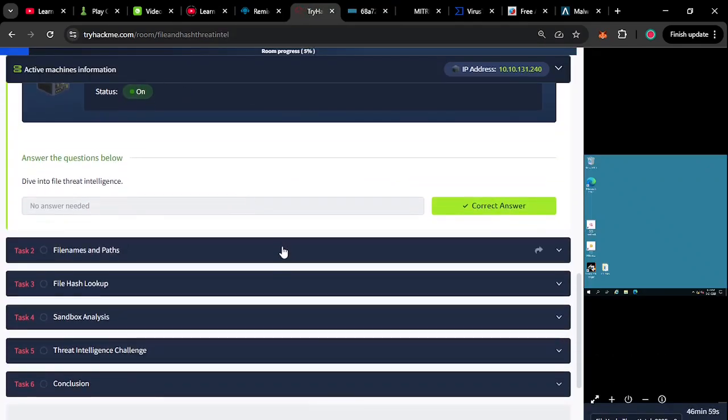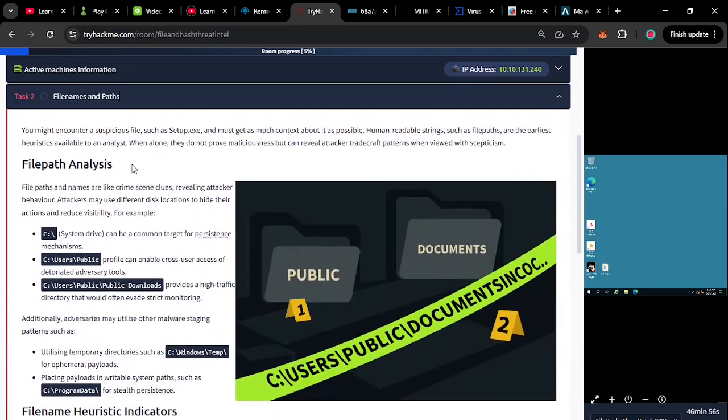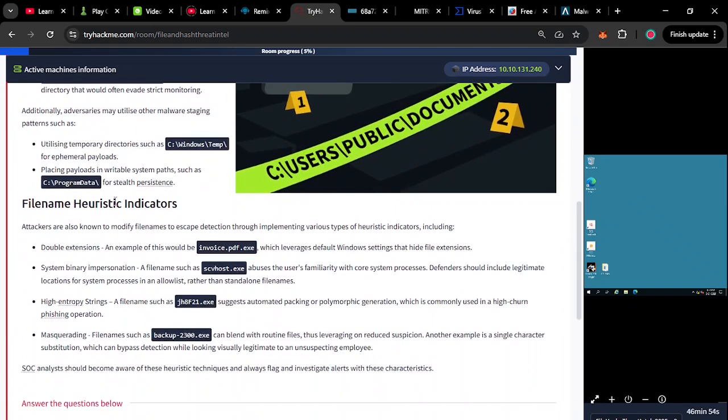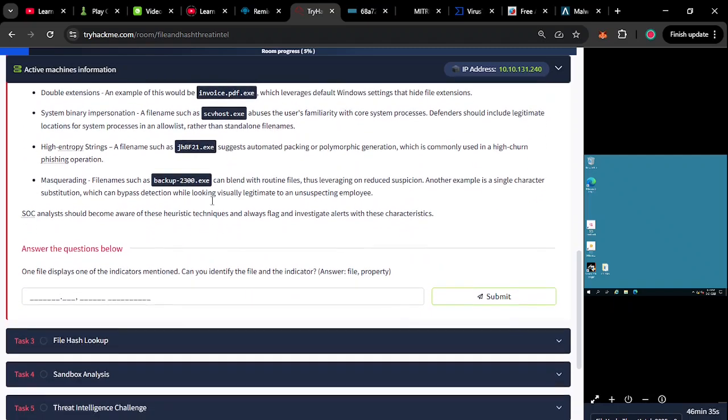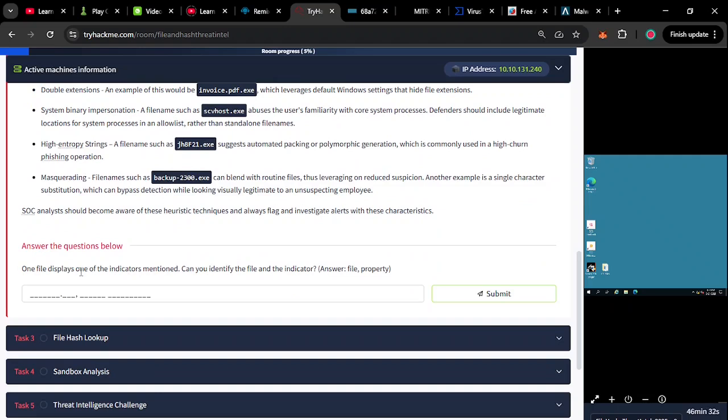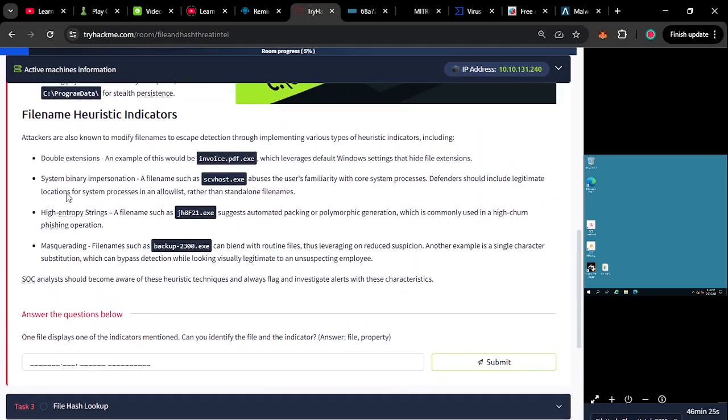So the first task looks into file names and paths, and here we have file name heuristic indicators that you might want to look out for when you are doing your threat intelligence assessment. So you have double extensions, system binary impersonation, high entropy strings, and masquerading. We have the examples over here, and let's get started with the first question. One file displays one of the indicators mentioned. Can you identify the file and the indicator? So we have these heuristic indicators here. We'll go check which one